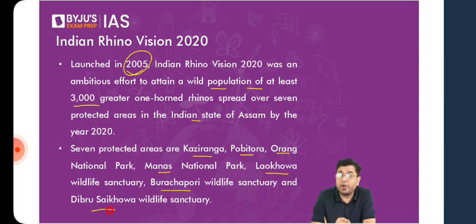So you have Bura Chapori, a region also teeming significantly with rhino population. Pobitora is already teeming with a lot of rhino population. So that is where, in that entire area, the target was to achieve the 3,000 figure. Now, last year, as announced by the Assam government, that figure of 3,000 individual rhinos has been achieved. So now you have in total more than 3,000 rhinos present in the state of Assam.